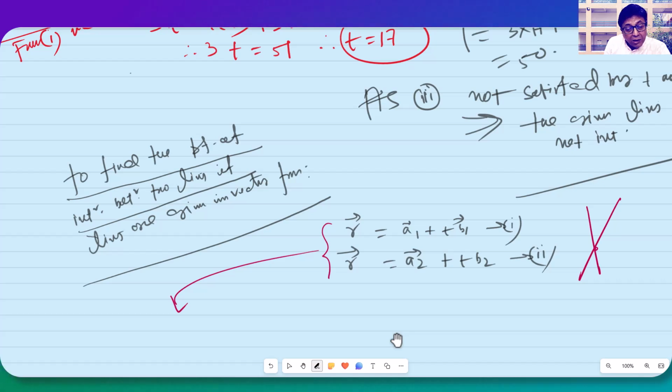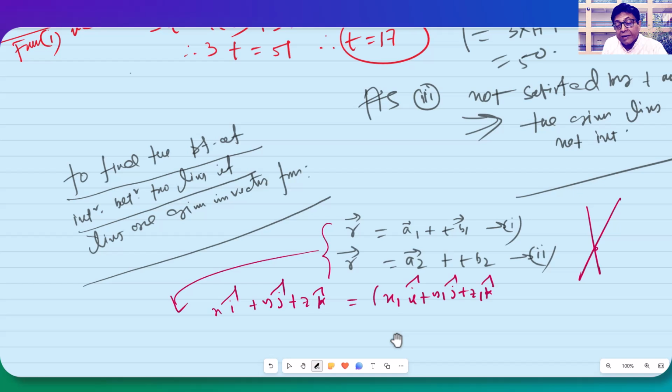R means xi, yj, zk. A1 means x1i, y1j, z1k plus t into, we will be taking the b1 vector in this manner,